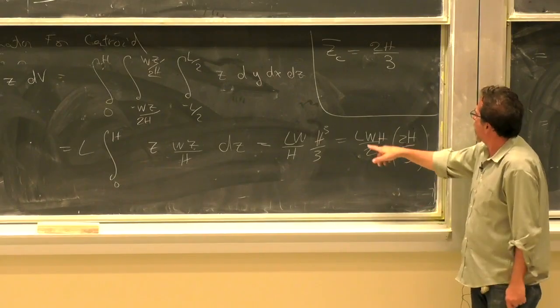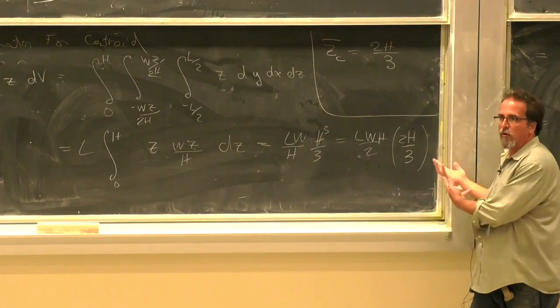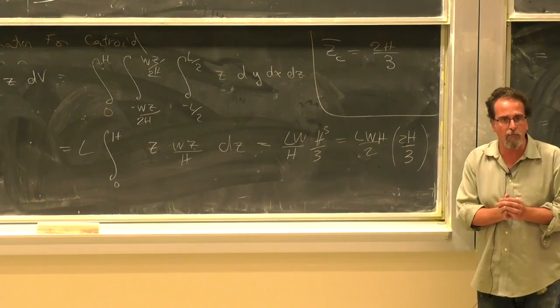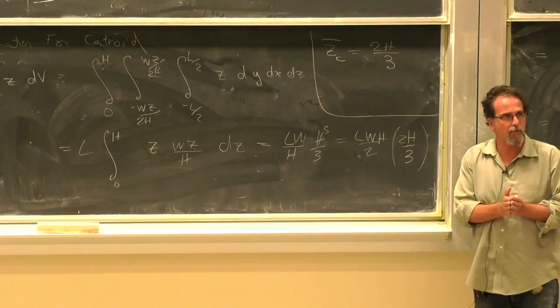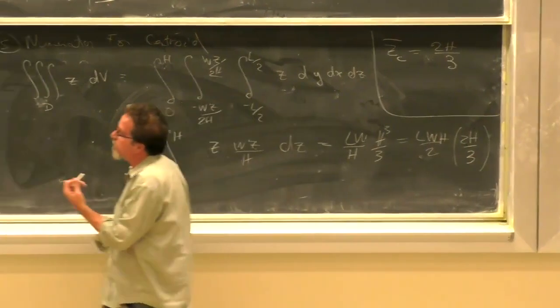I could have written it as LWH squared over 3. But this is more illuminating. So if you collect terms properly, it can make the answer more illuminating. And I've said that before, too. Okay? So this tells me that the centroid of this triangle,